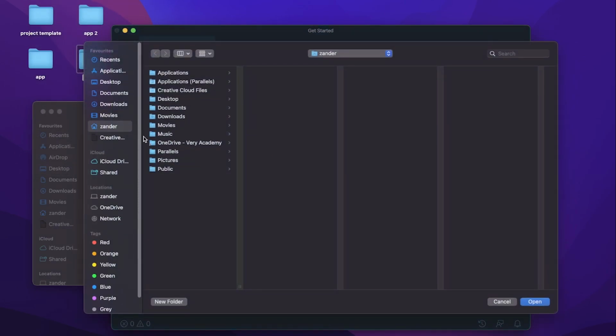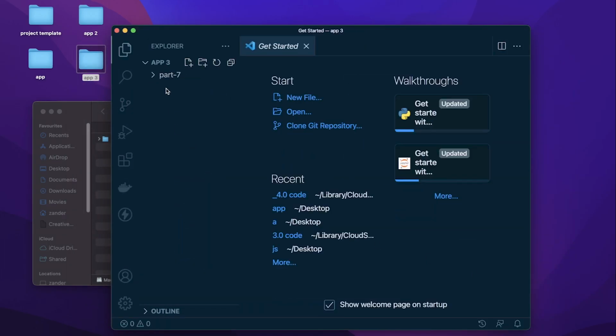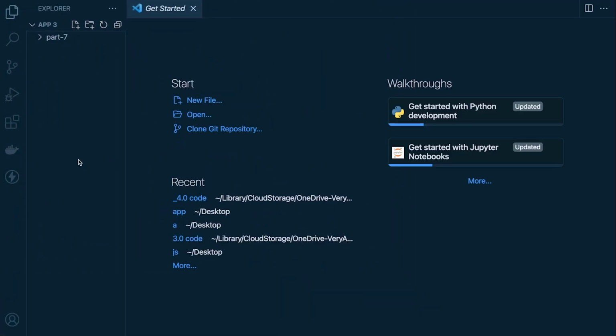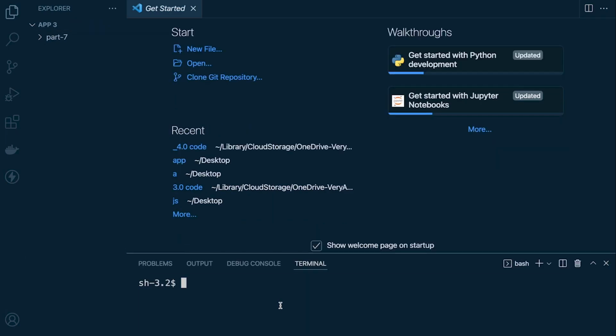Of course, if you're not familiar with this. So that's on my desktop. So app3, press open. So what that presents me with is a folder called part 7. So first of all, let's just go ahead and create our virtual environment. However you do that, there is a tutorial not too long ago I showed you on Windows and Mac how to achieve that. So here I'm going to type in